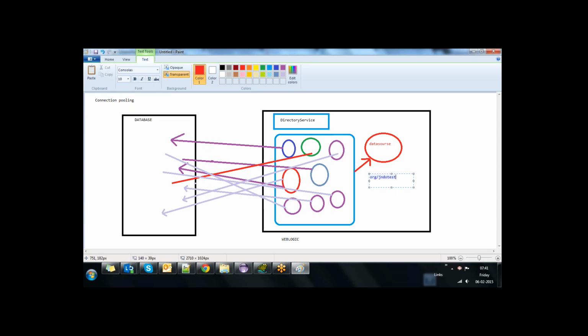Next question: how to get the data source object? Answer: the context dot lookup method. Which context? Is it Chaitanya context or Pavani context? What context am I talking about? InitialContext. Okay. As the data source object information is stored in the directory service,